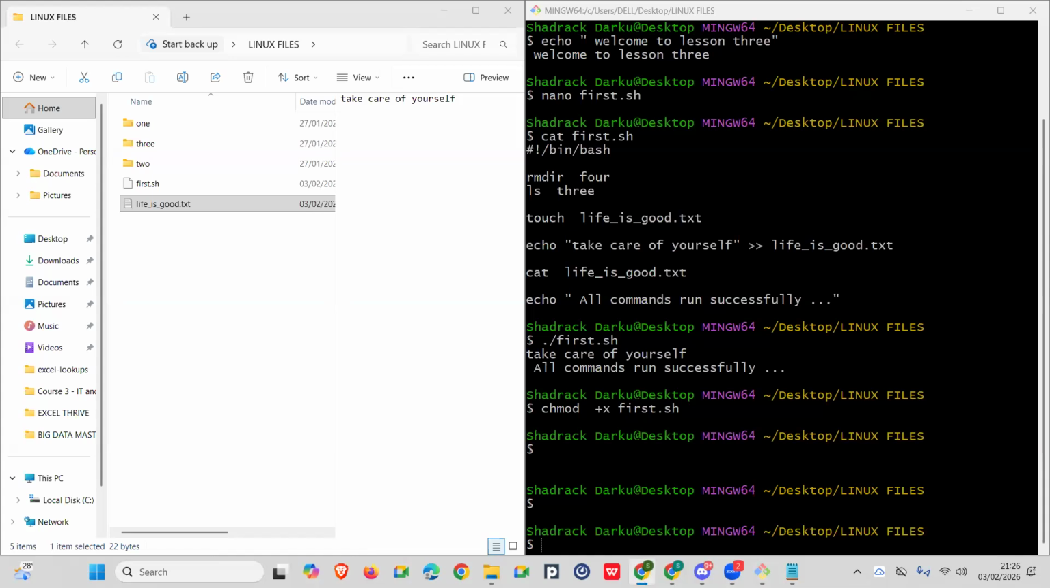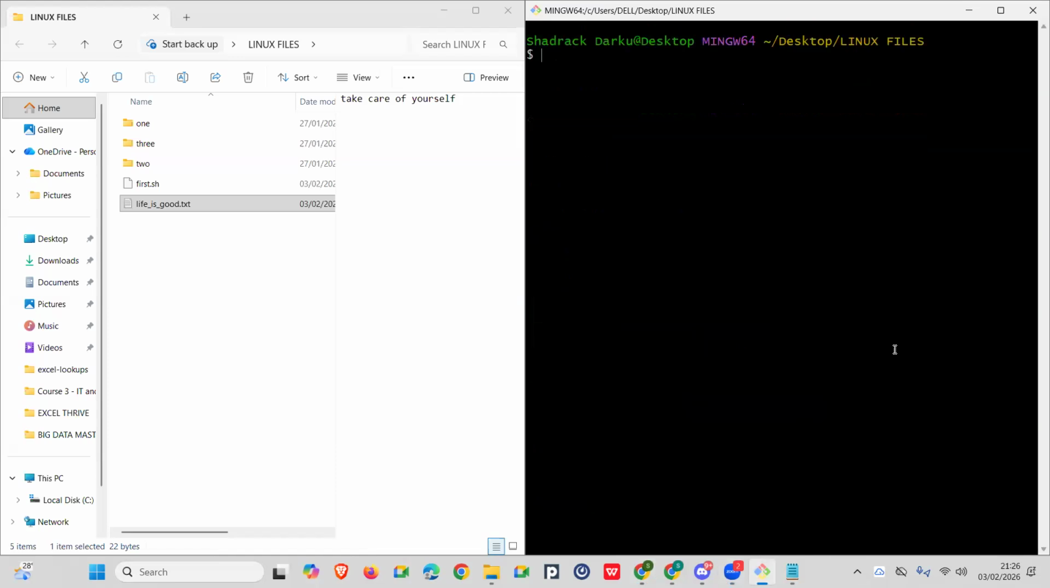Now, let me introduce the concept of variables in shell scripting, okay? So there's another concept we call variables. Let me clear the screen. And variables are not just in shell scripting. They are in almost every programming language you learn. You need variables. So variables are basically just containers that hold values for